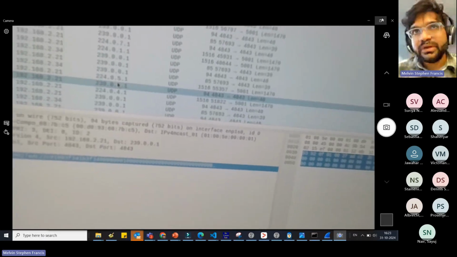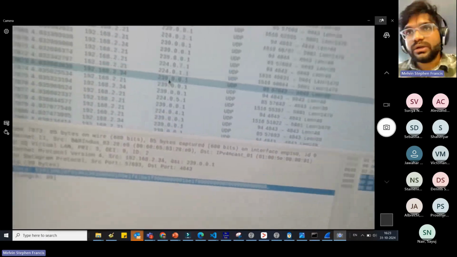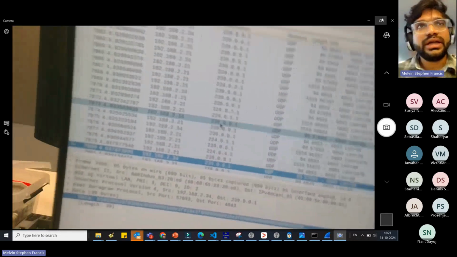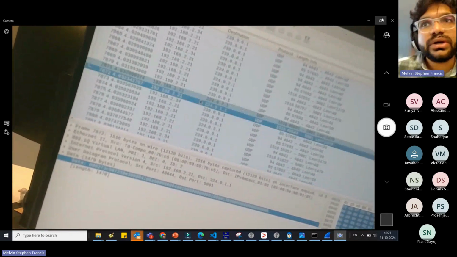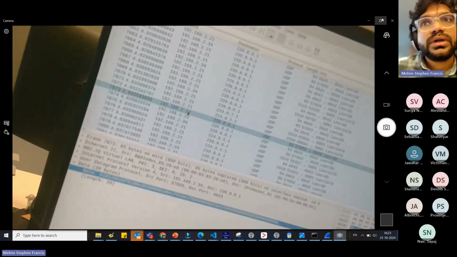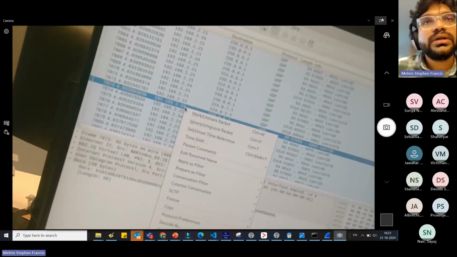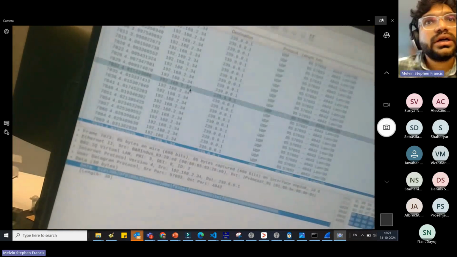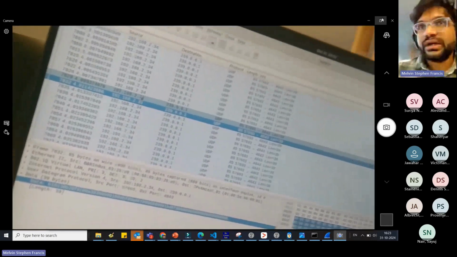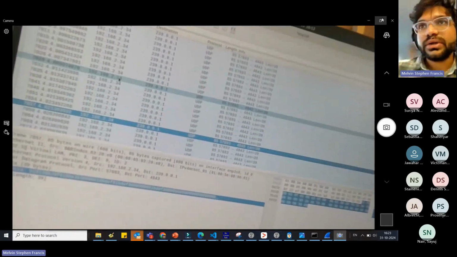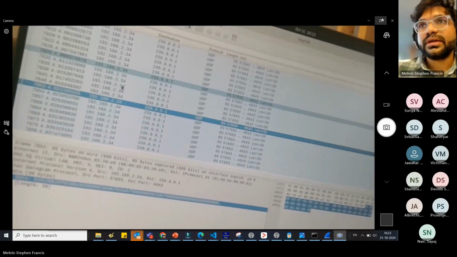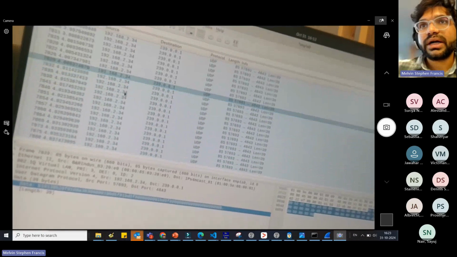So every time, okay, let me go down. You can see that that particular one is okay. It has other packets as well, so I just need to filter them out. Let me filter it. Okay, and this will be clear for you guys now. So okay, I just filtered out the wrong packet, but